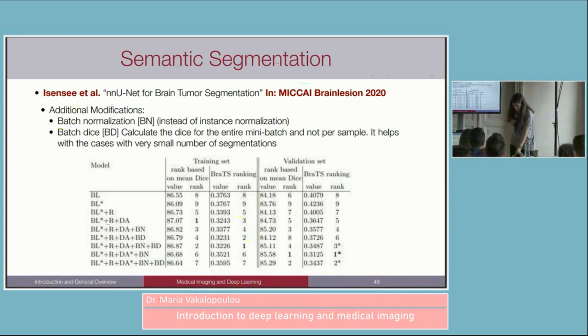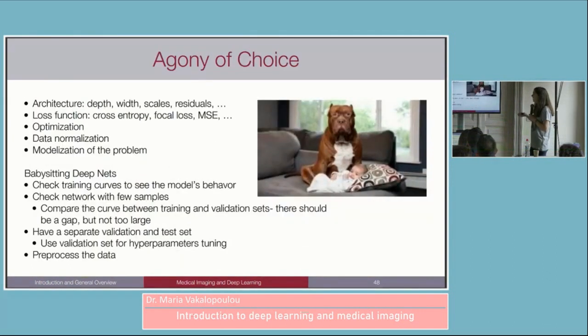So, and now I know it's time for the break, but before we go for the break, I would like maybe to conclude this presentation in order to have some time to set up for the lab. So, deep learning is very, very popular. However, we have a lot of things that we need to optimize and all the parameters that we need to do, as for example, when it comes to the architecture, what is the depth, the width, the scales, what kind